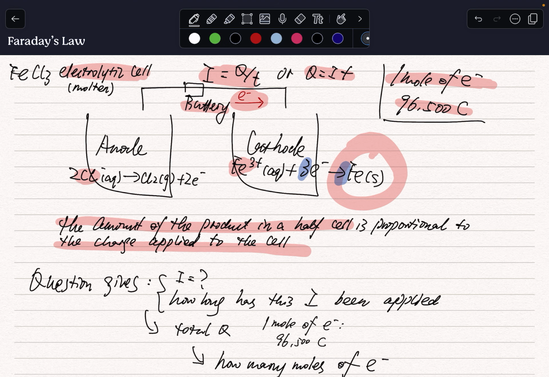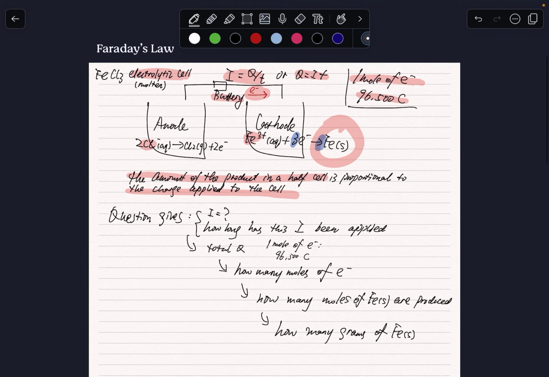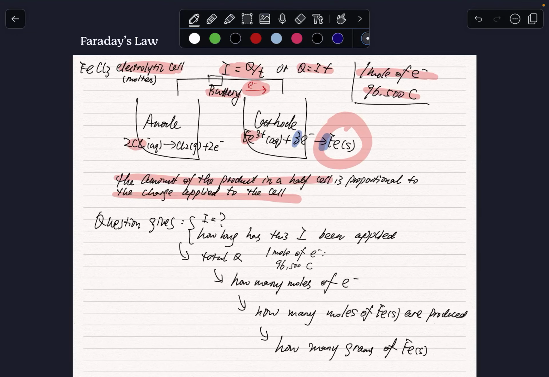All right, so let's do a real example, okay? Let's use some numbers and dive into a real example. So on the MCAT, usually the question will give you 2 things, okay? The first thing the question stem will provide you is how much current, okay? So let's say, for example, I have 50 amps, okay? That's how much current. And the second thing the question will tell you is usually how long this current has been applied to the setup, okay? So let's say 1 hour, okay? So this thing has been going on for an hour. So 50 amps,